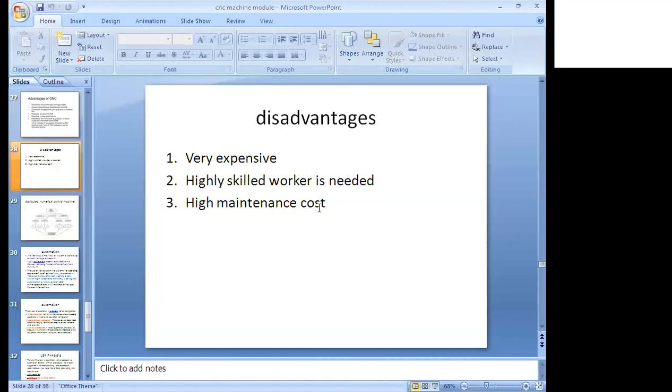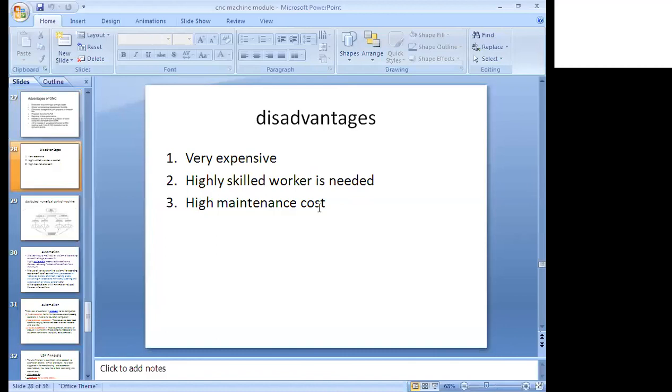In the main exam there may be a question to explain DNC, and the next question may be to list its advantages, disadvantages and applications. The next question may be to explain the components of the DNC machine or the block diagram of the DNC machine. This kind of question can arise in the exam, so please prepare for this. Disadvantages.